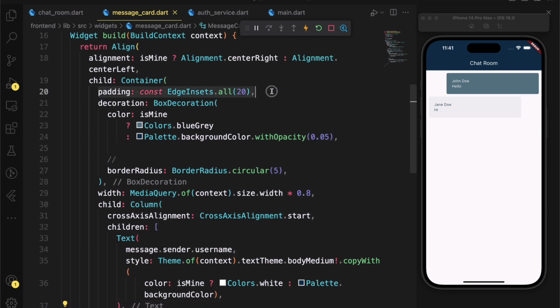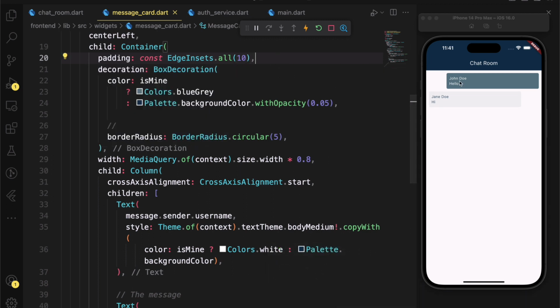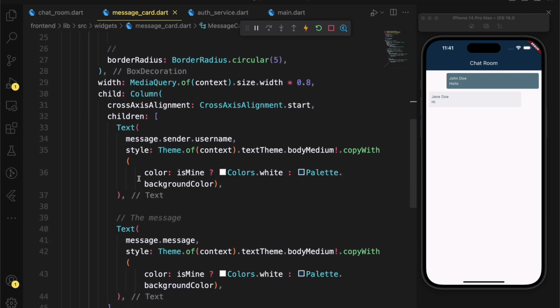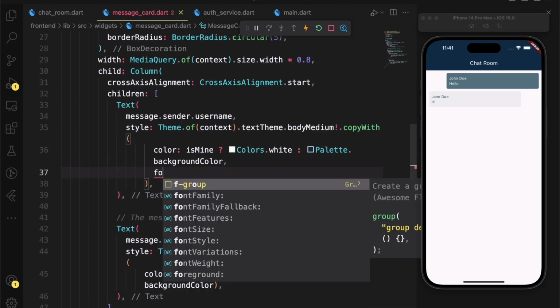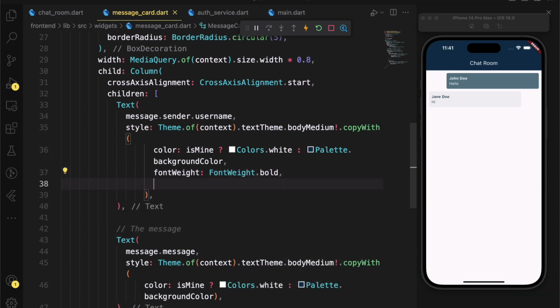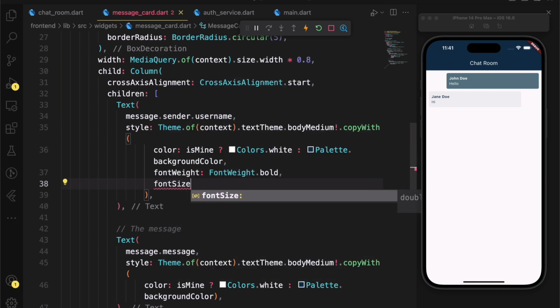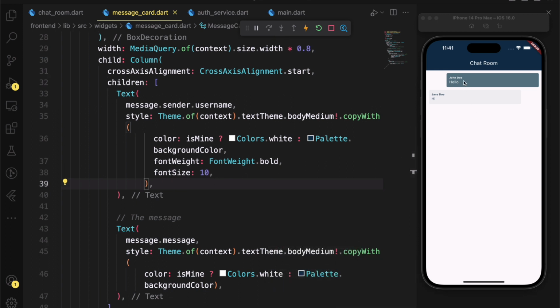This is actually awesome. Let's see what other changes I need to do here. Maybe reduce the padding to 10, and then let's set a different font weight for this. Maybe this should be bolder than the message itself, and I think this is nice now. And we just bring down the text size a little bit, and don't you think this is cool?